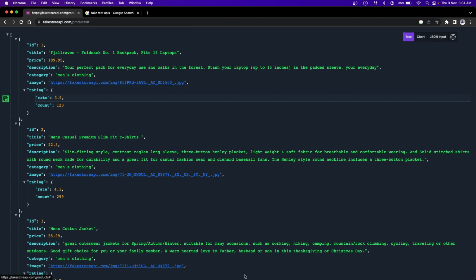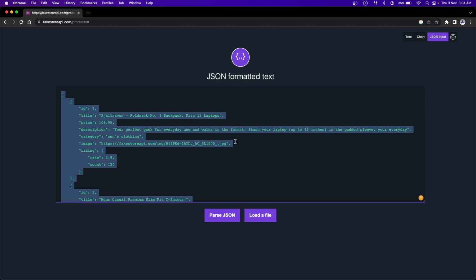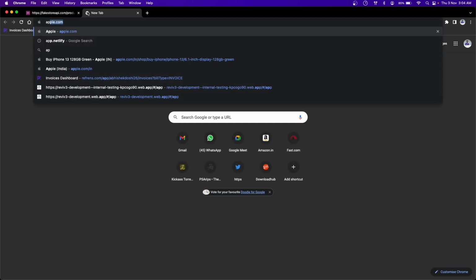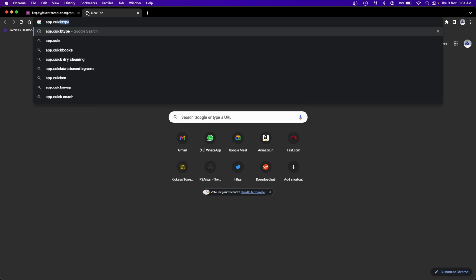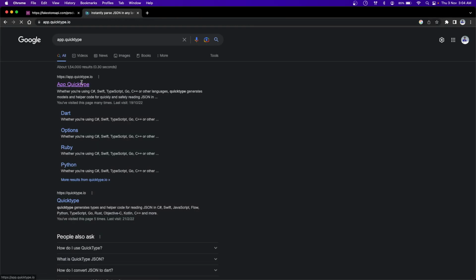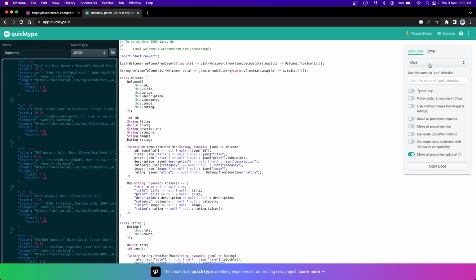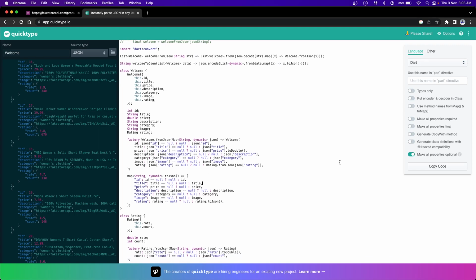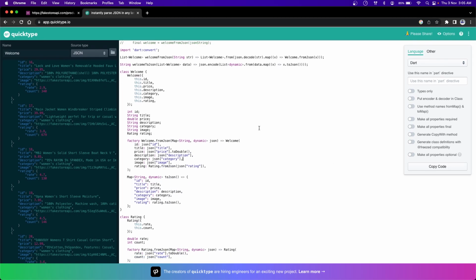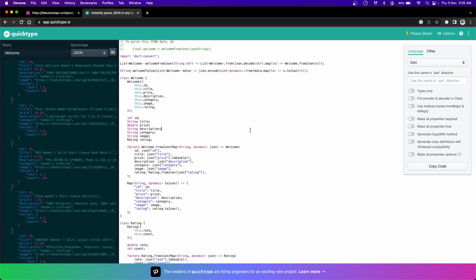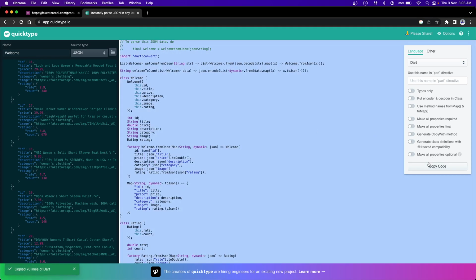First, we have already added the HTTP package in our application. The next step was to create the model class. So let's just copy this. And there is a website called QuickType. So you can just search for app.quicktype, paste the JSON on the left hand side, select the language, select Dart, and yeah, that's it. You can see the entire model class has been created. So you just have to copy it